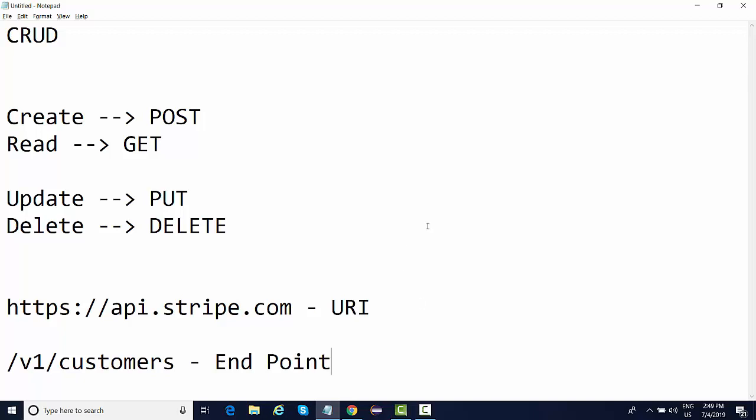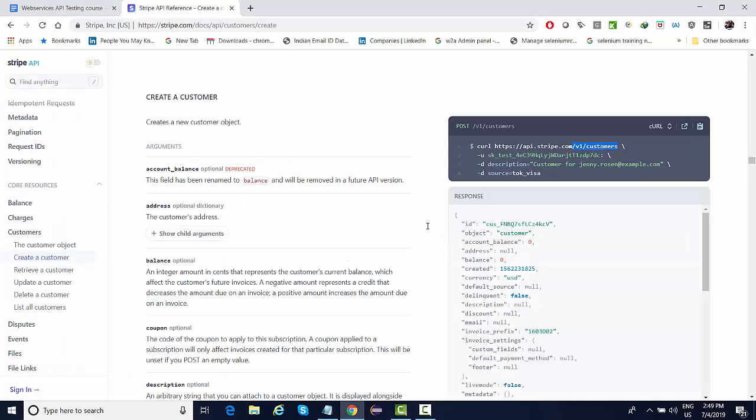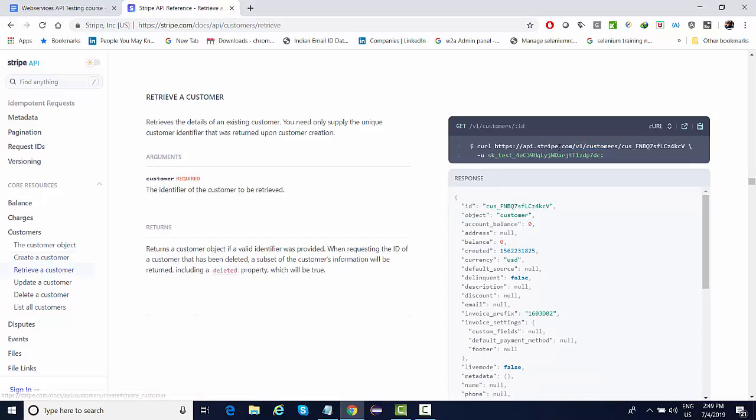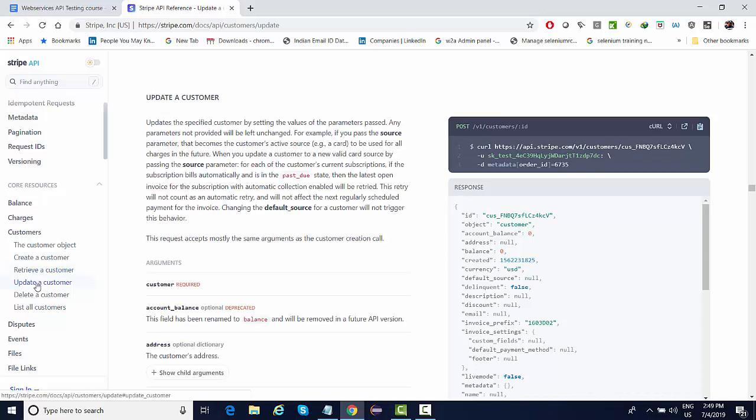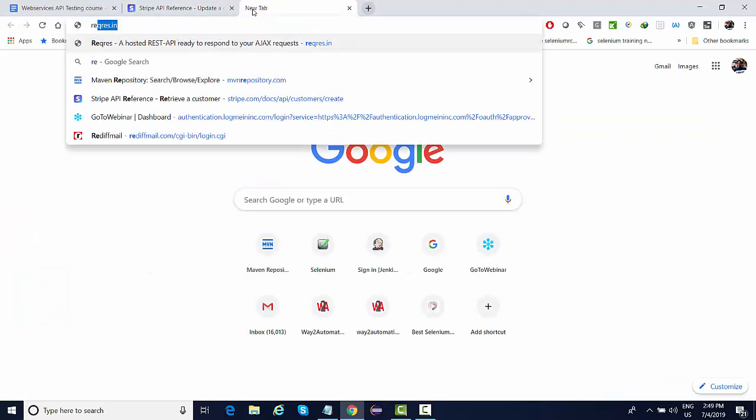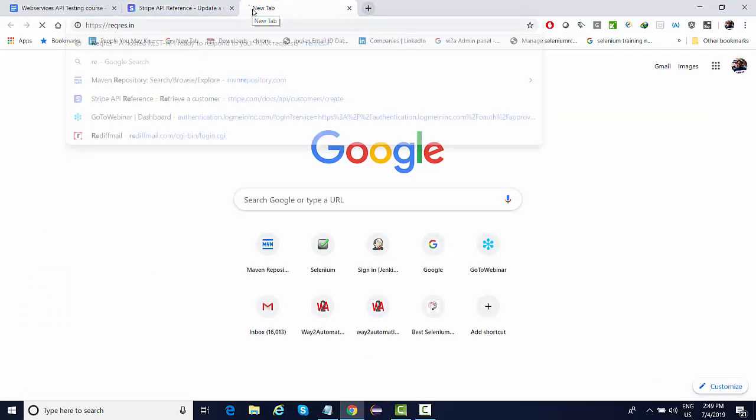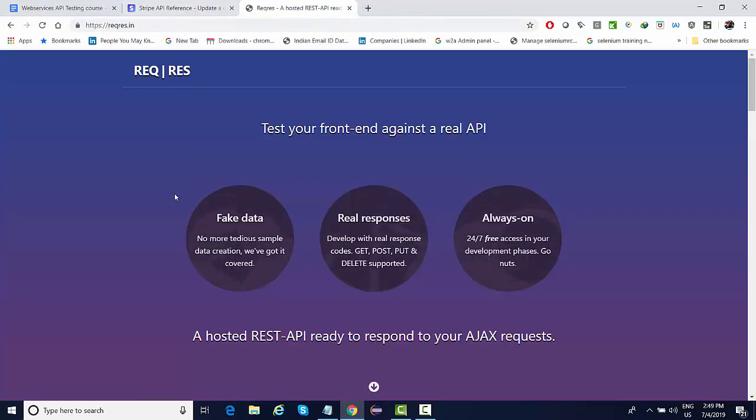Right. So in most of the web services, the base URL will remain the same. Like if I talk about retrieving a customer, you can see the base URL is the same. The REST endpoint is changing. The base URL remains the same. The endpoint is changing, right? Even if I talk about one other website where there are a lot of web services available, it's just a